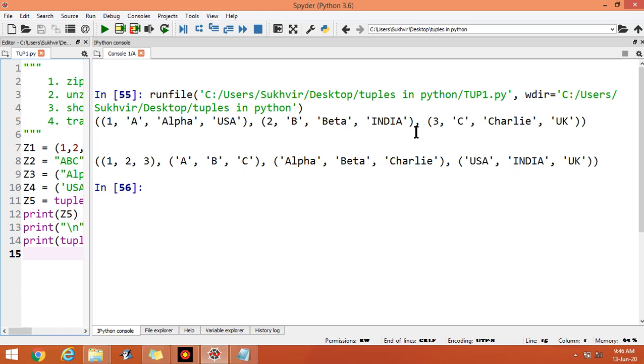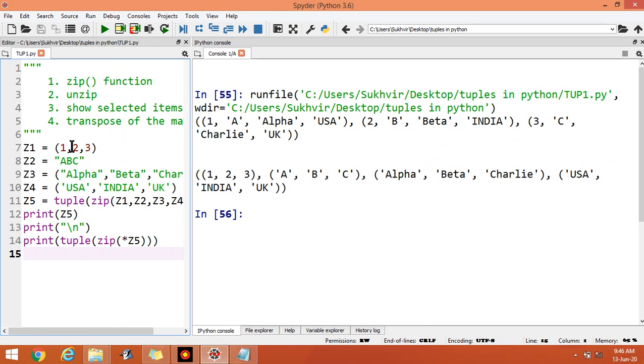In this output, basically, we are displaying in group the first element of all the tuples: 1, A, alpha and USA. In this case, when you unzip the elements, you can display all the elements directly: first one is Z1, then Z2, Z3 and Z4.